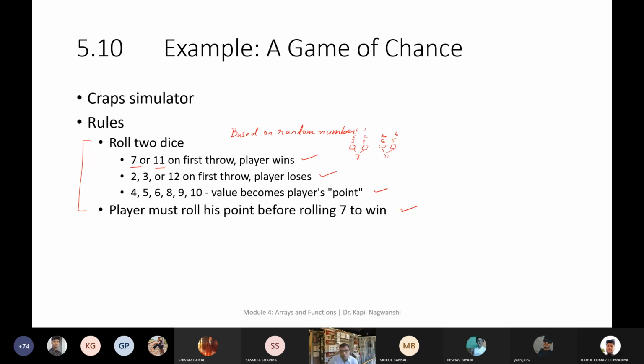Yes, sir. Okay. Now second, you can see that we need to generate the random numbers. On the basis of these random numbers, whenever you are designing a game, you are exclusively using the randomness of things, like a cricket game.